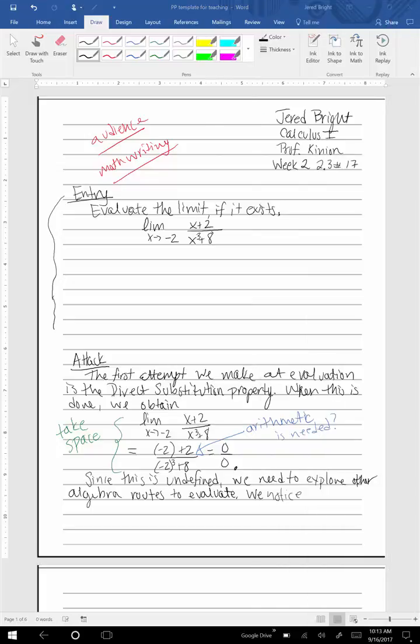We notice that the denominator factors, and after factoring and reducing, the limit becomes,